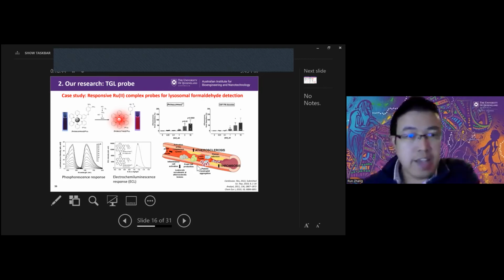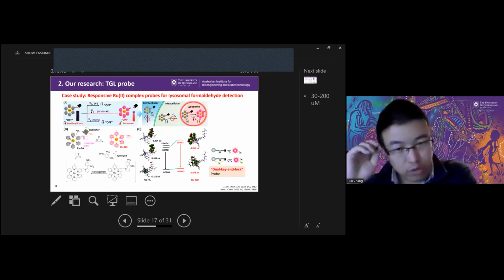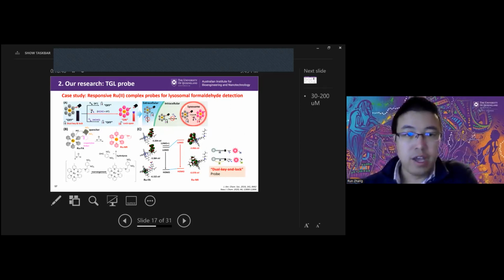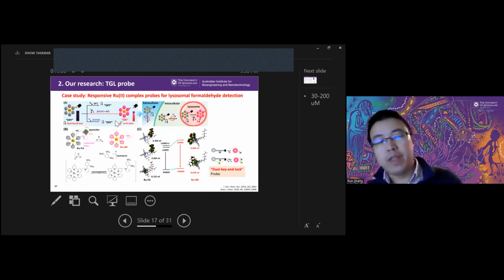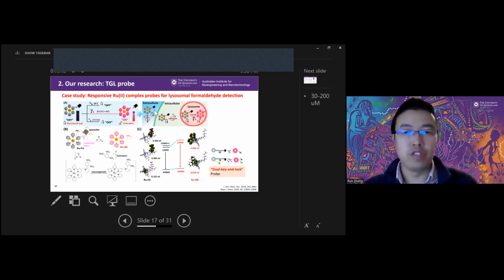And the other example I want to share here is the probes for the formaldehyde detection. We call this one the dual-key and local probe, just because the emission of the probe can be switched on after reaction with the formaldehyde in the acidic condition. As we know, in cells only the lysosome shows the acidic condition,